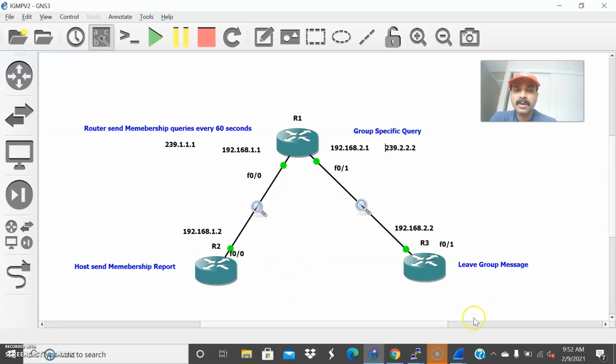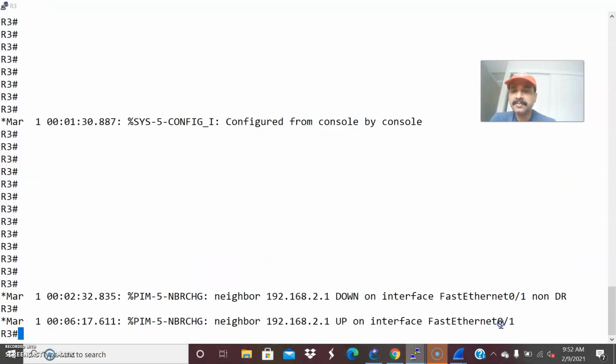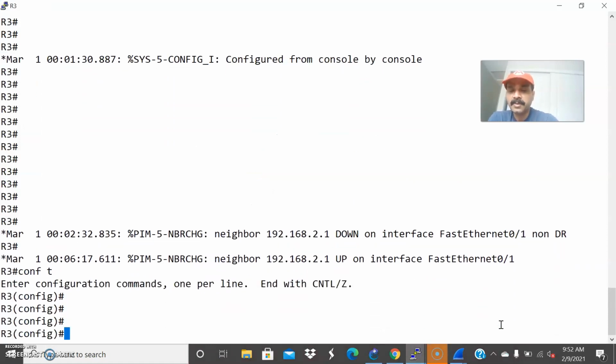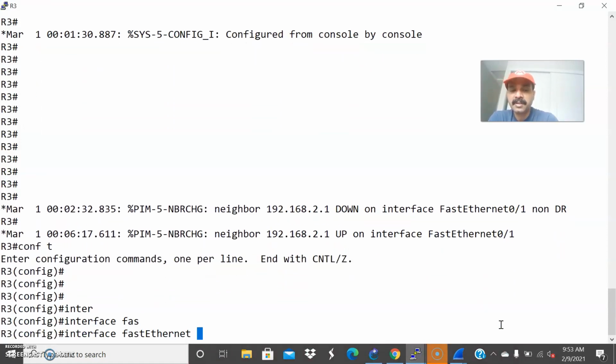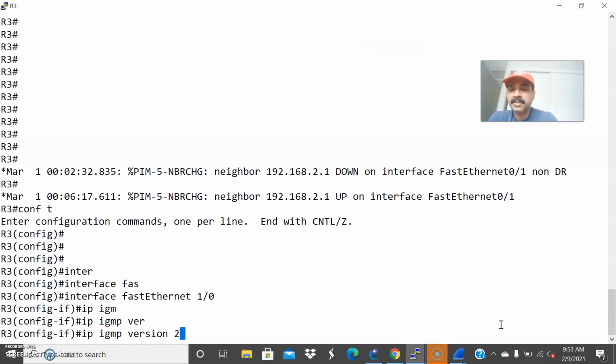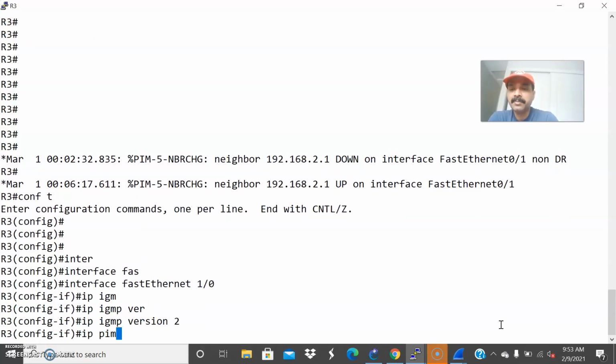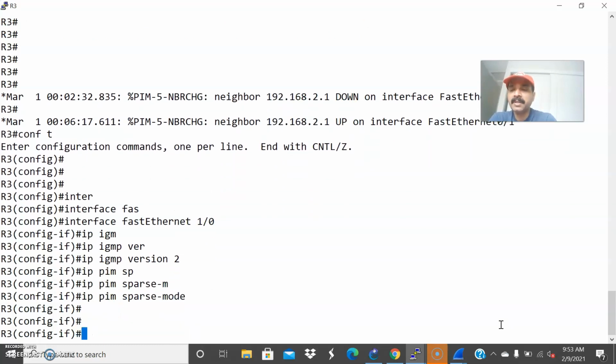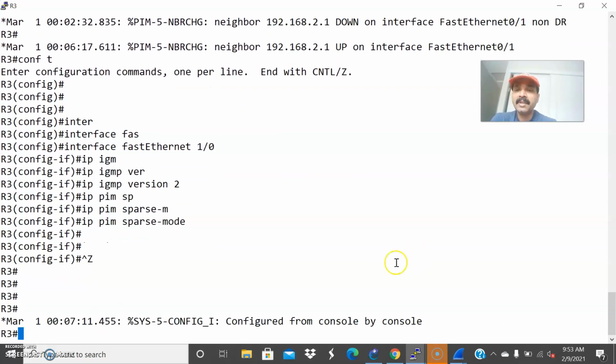Now let us go to R3, to the configuration mode. Interface FastEthernet 1/0, IP IGMP version 2, IP PIM sparse mode. Now we are done with the configuration.